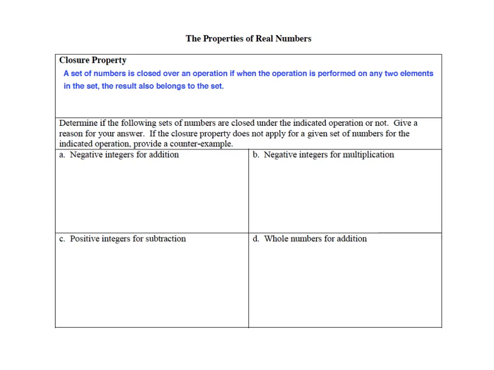So next I want to talk about some properties of real numbers. These are all properties of real numbers. So the closure property says a set of numbers is closed over an operation if, when the operation is performed on any two elements in the set, the result also belongs to the set. So for example, 1